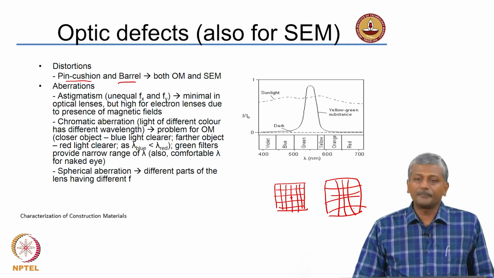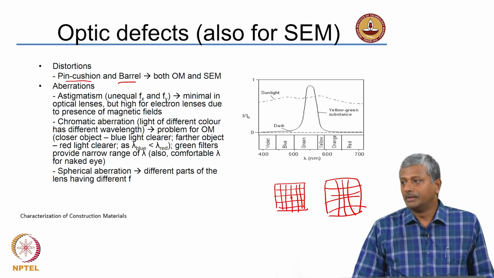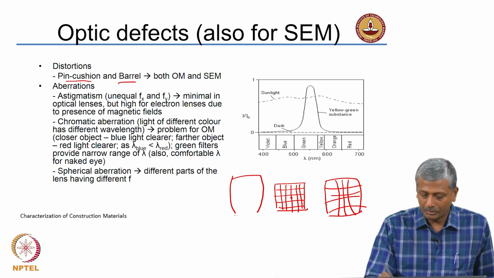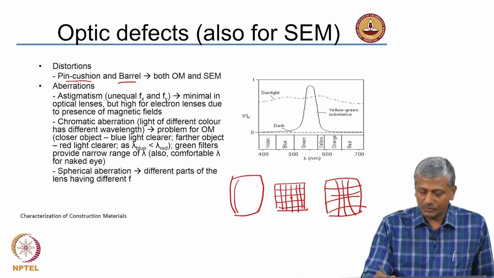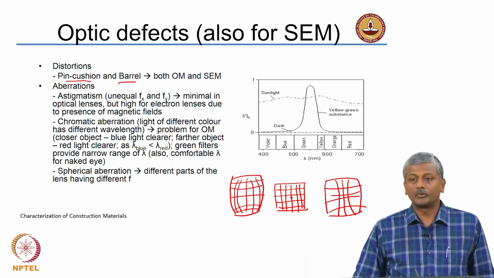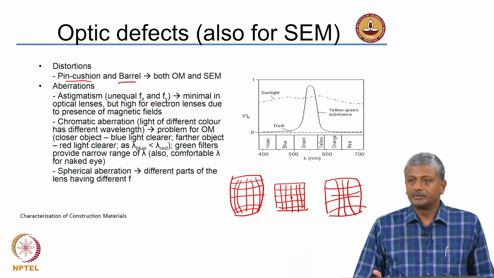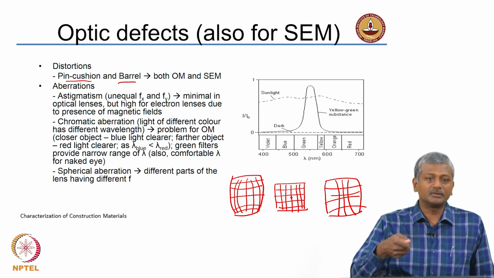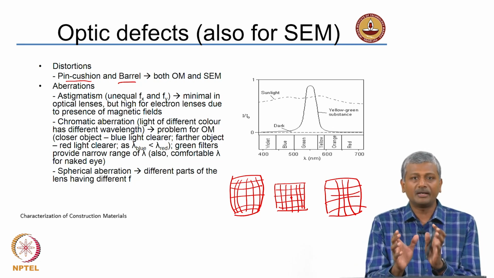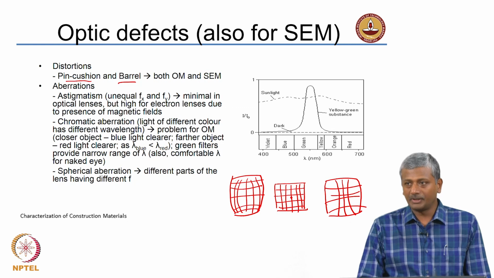Similarly, the other thing is the barrel distortion. In the case of a barrel distortion, you will get a barrel-shaped image. So, what will happen here? The outer lines will get closer and the inner lines are far apart. That is a barrel distortion. It sort of curves some part of the image in such a way that it is no longer clear or flat. So, that is called a pin cushion distortion and a barrel distortion.